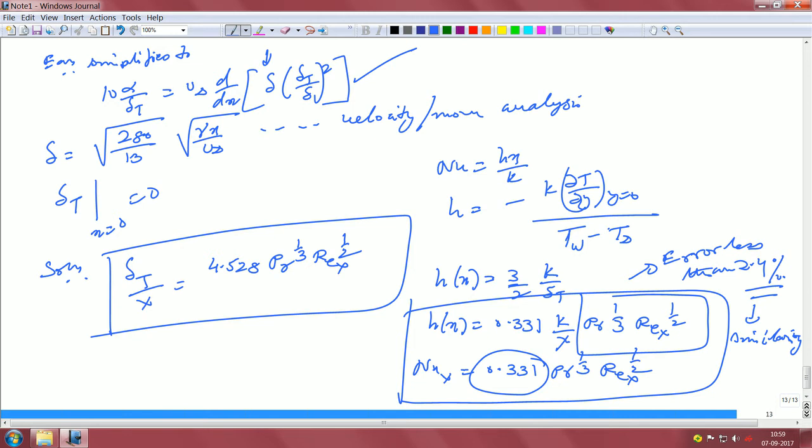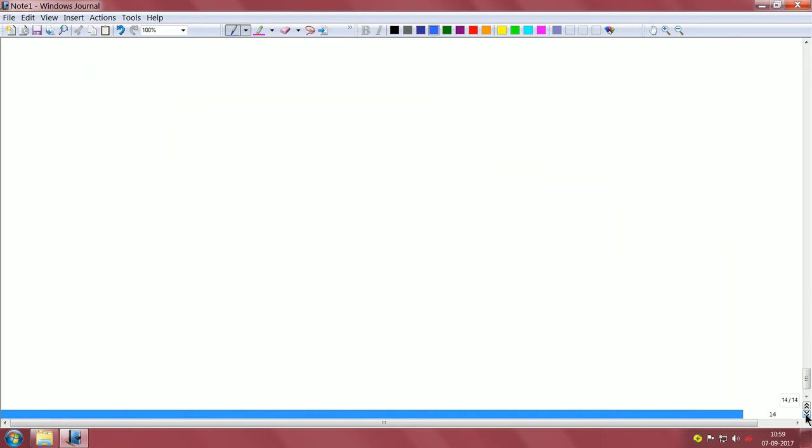Okay. Now, this is what we did for the constant wall temperature. We can also do the same for the constant wall heat flux. Okay. I am not going to do the full thing, but what I am going to do is pose the whole thing, and it will be left up to the students to follow it up in the form of an exercise. Okay. So, uniform heat flux,